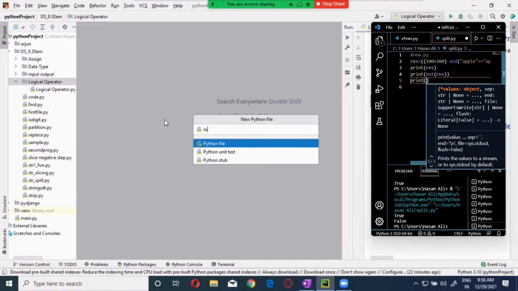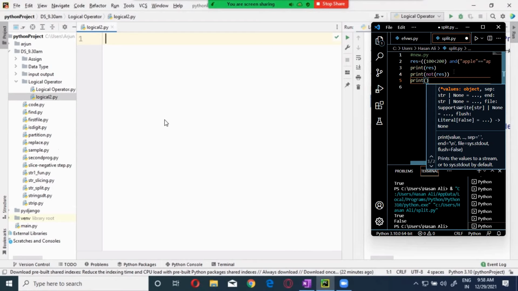This is a very, very common thing, guys. Logical 2, I'm going to name. I didn't get the Google environment. Once I get it, I'm going to put down all these things, so not to worry about. So here,